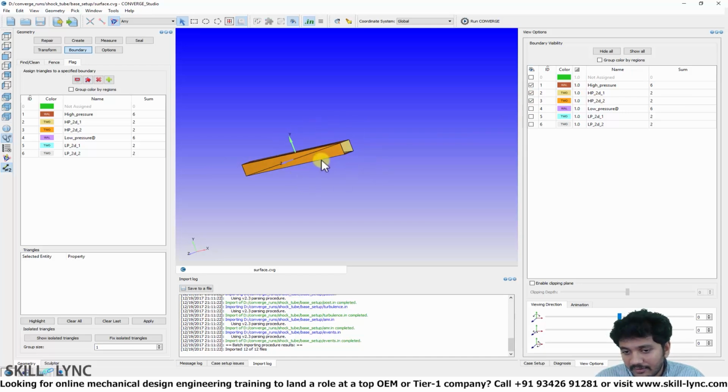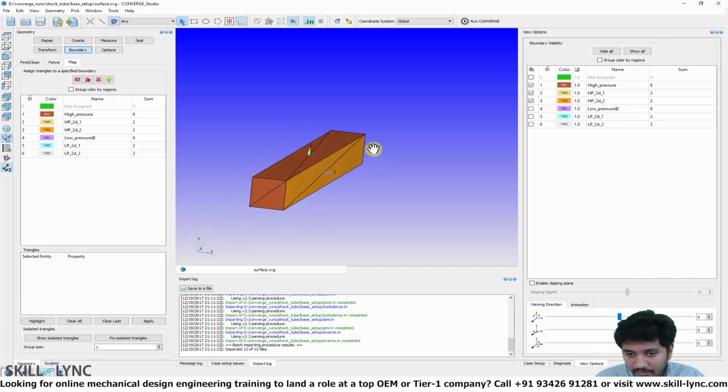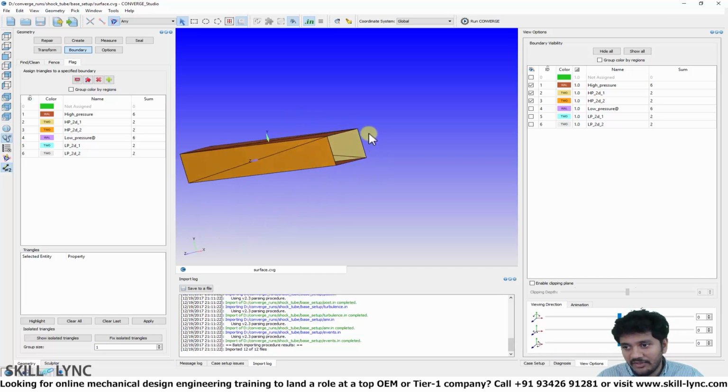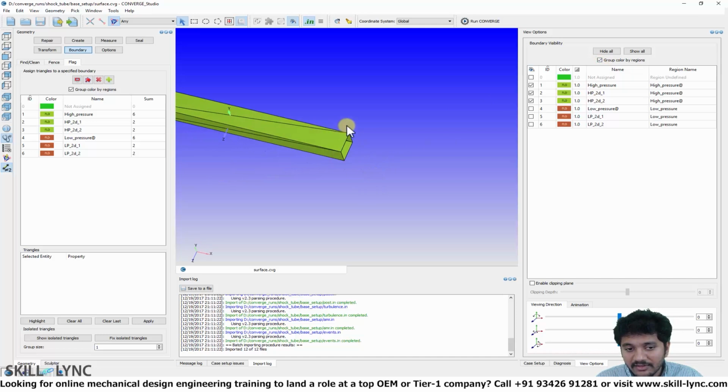With all these faces, you can define a volume, which is what CONVERGE requires to create that into a region. So for example, here with all these faces, I can construct a volume. I hope you can see that. And that is what is happening here. So CONVERGE is using all these faces, and since we have assigned regions for it,